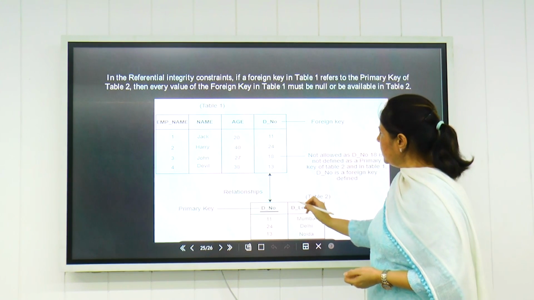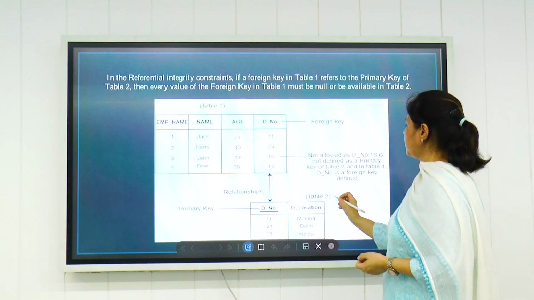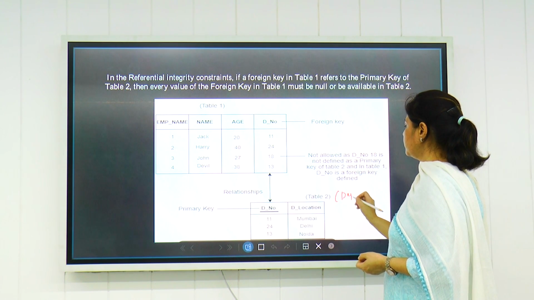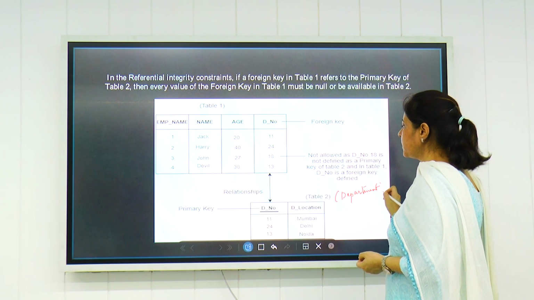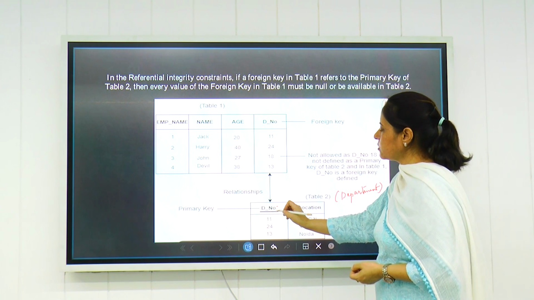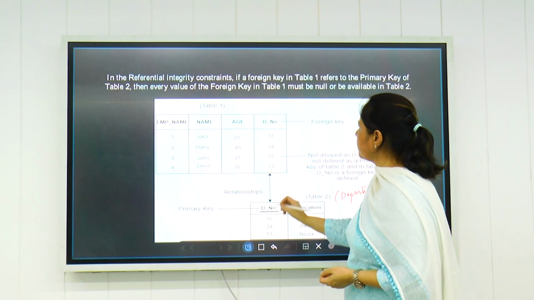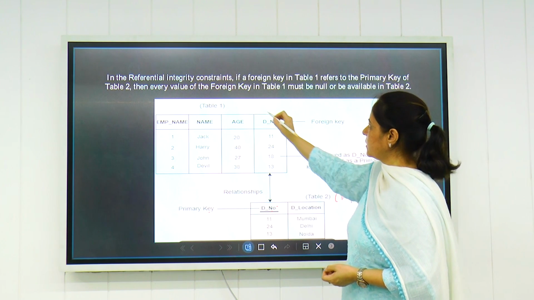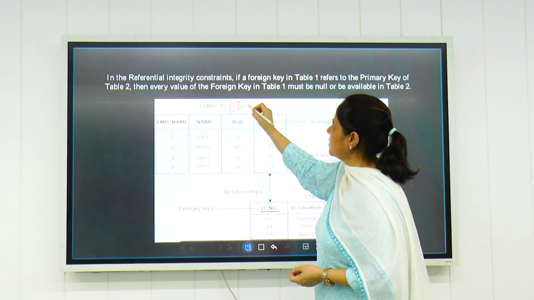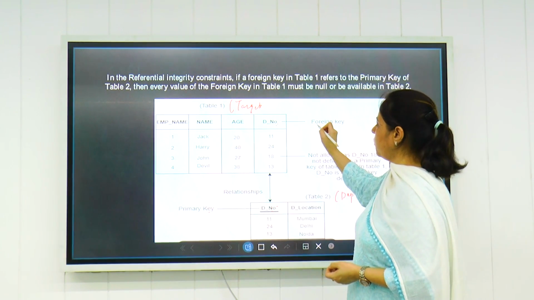Now, D underscore number, that is department number, is used as a primary key in the department table. Now this primary key has been used as a foreign key in the target table. Here the primary key has become a foreign key.